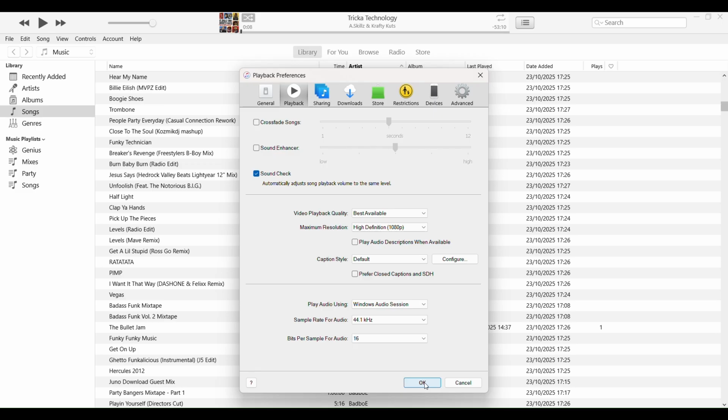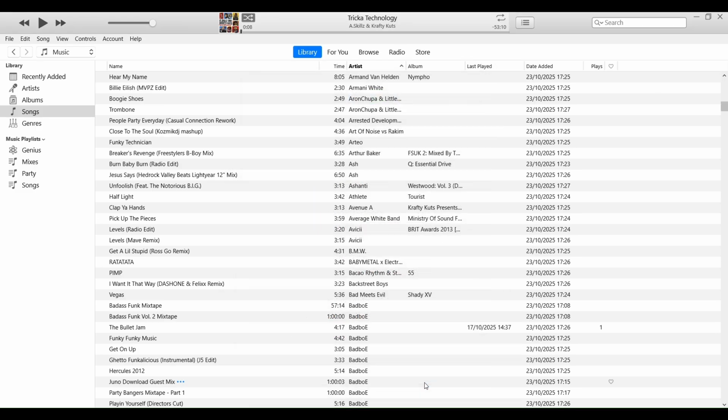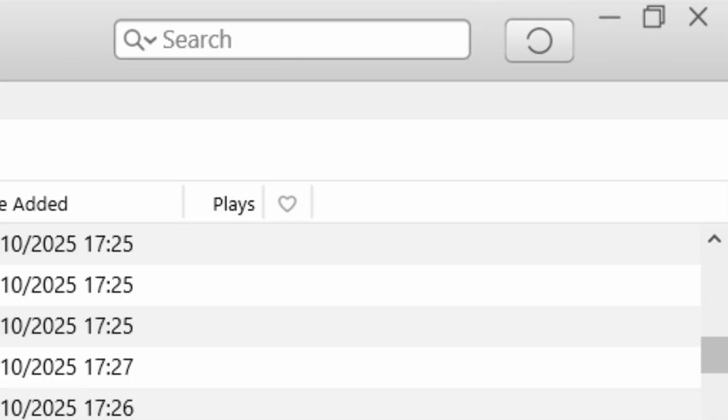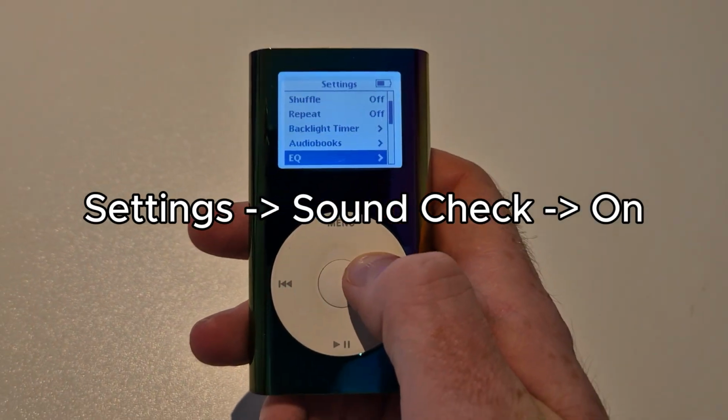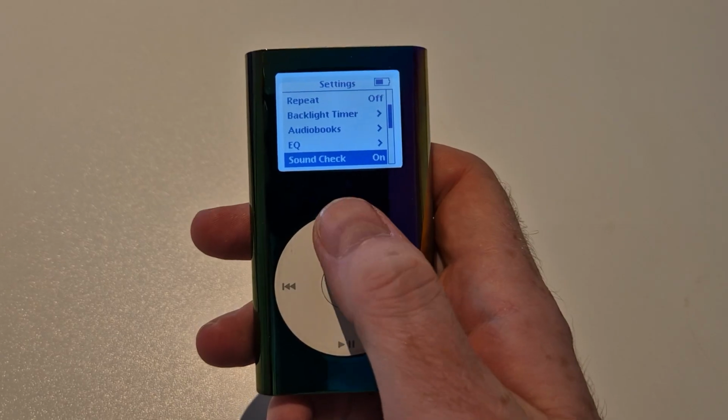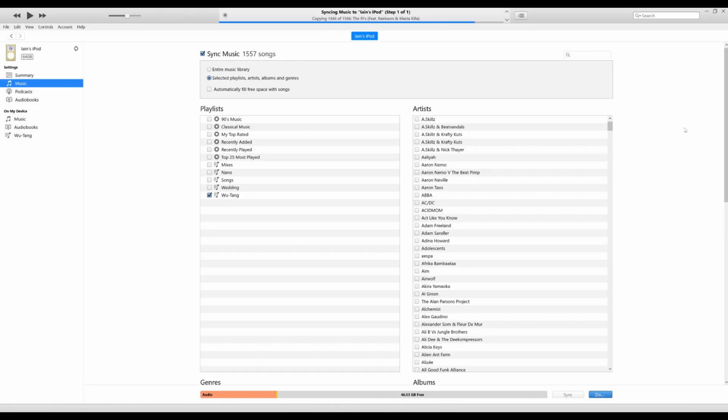You'll see the wheel turning in the top right, indicating that it's working on it. On your iPod, go to Settings, Sound Check, and On. You will also have to resync the music so that the files on the iPod have the data you just added. So I followed these steps and applied Sound Check and added the data to the songs, as I knew